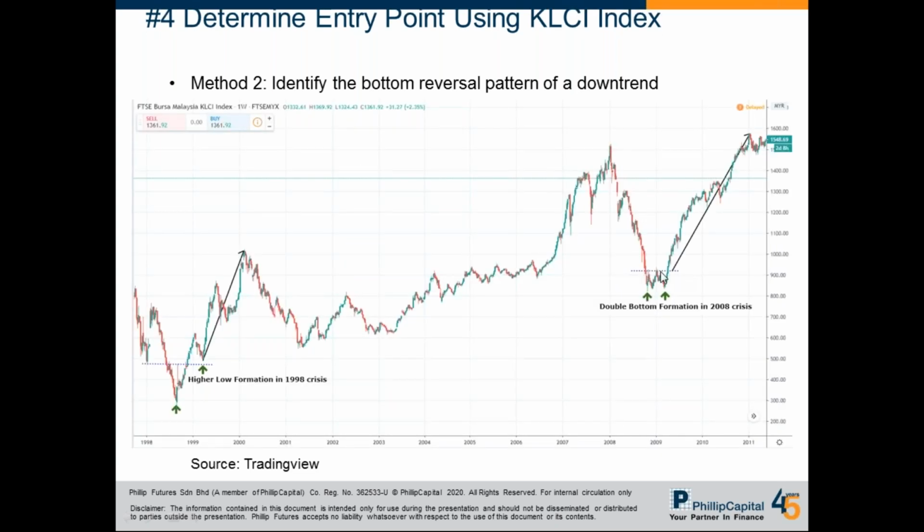The moment it breaks above this, which we call the neckline, and it shows you it breaks above higher than this one, it means that this is already a confirmed double bottom. Maybe when it is here, it's not quite a double bottom yet, but the moment it breaks above higher than this, this whole pattern is a confirmed double bottom. If you enter here, yes, the price can be higher than the rock bottom, but the trend is strong, where you can benefit from a bigger bullish momentum.